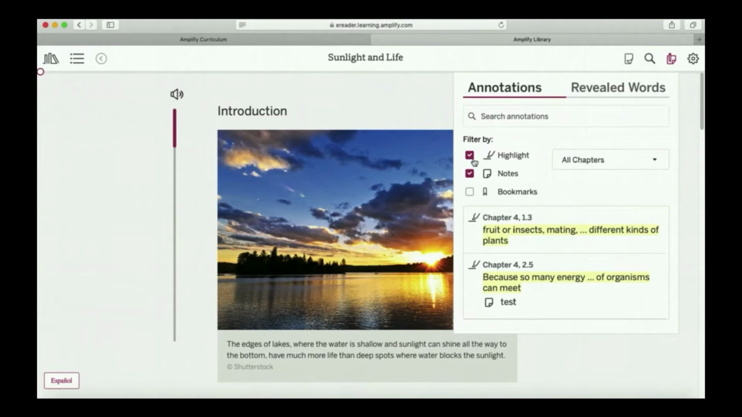Notice that there is also a search bar at the top of the annotations menu. This feature makes it easy for students to search through their annotations, such as to find a specific note that was made. To learn more about how this functionality can be leveraged in the classroom, check out the Annotating in the Digital Library video. Regarding revealed words,